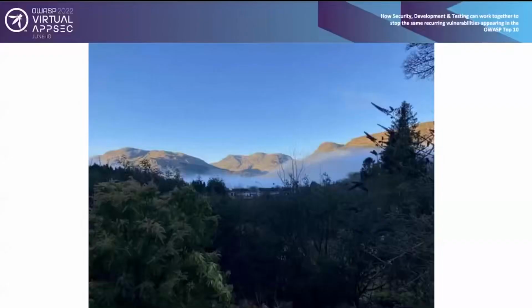Now, before we get started with the content itself on container security, what is container security, I just want to share with you why we're talking about it in the first place. So Rory included this pretty picture in the original presentation. I was like, oh, it's a nice picture. I don't want to delete it.